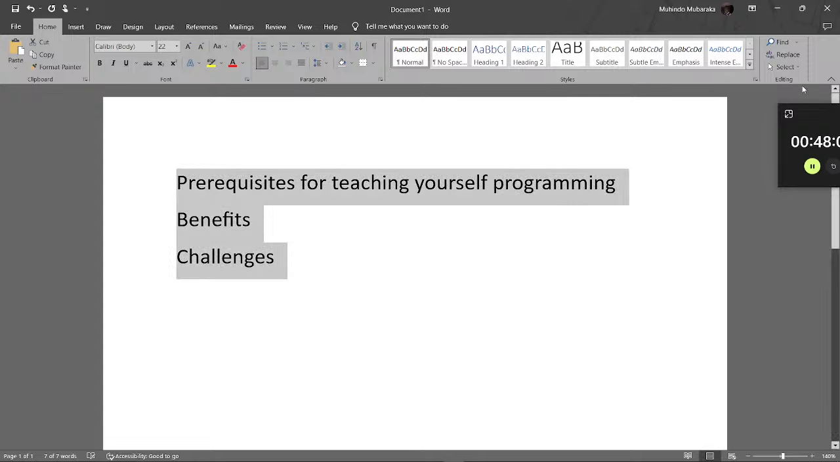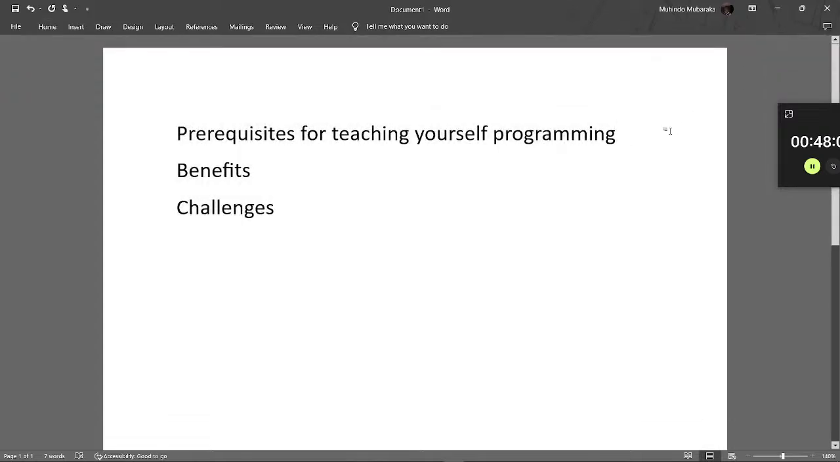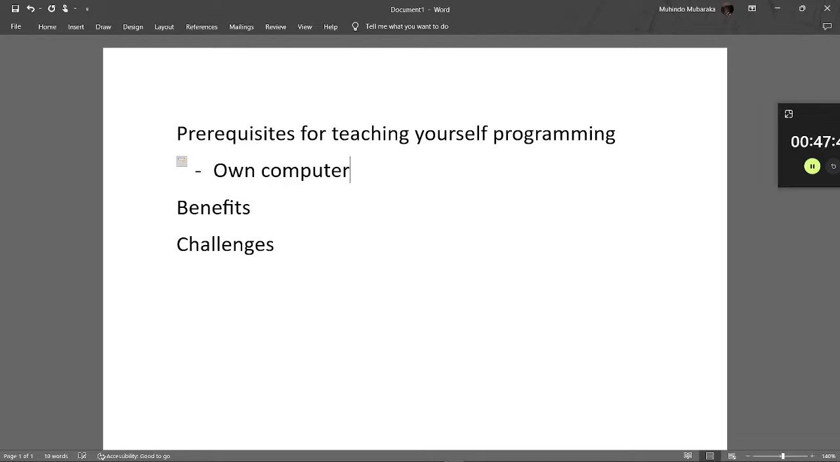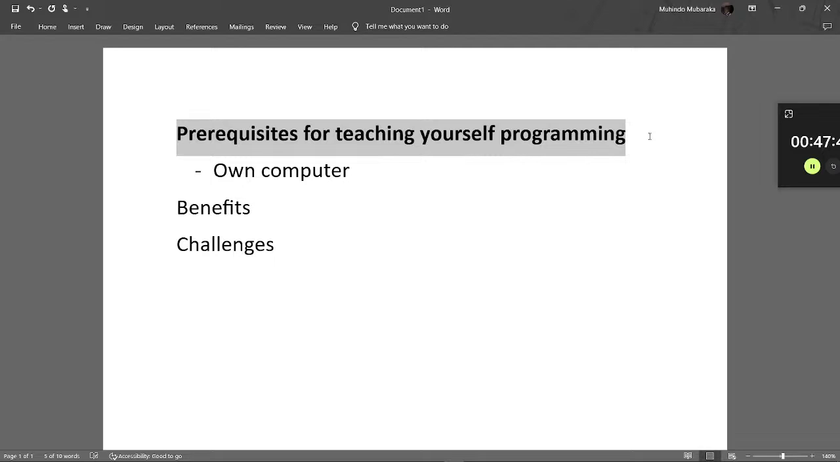Come on. What are the prerequisites? What are the things that you need? Before you start learning programming, you start teaching yourself. So once you have your own computer,